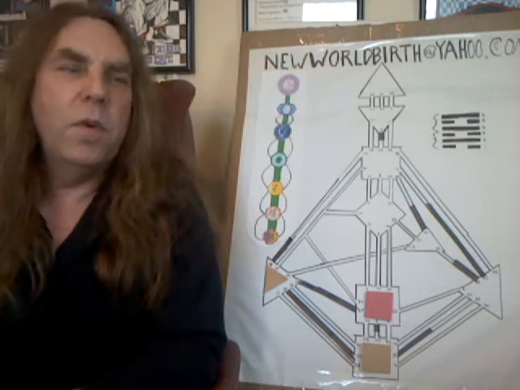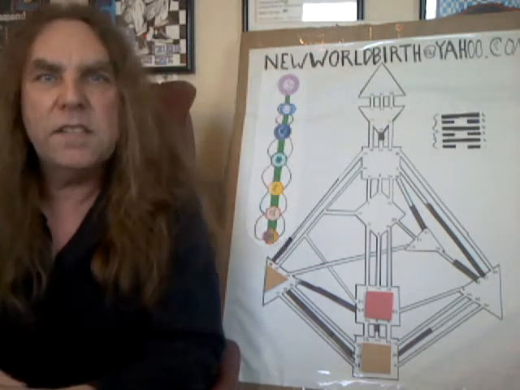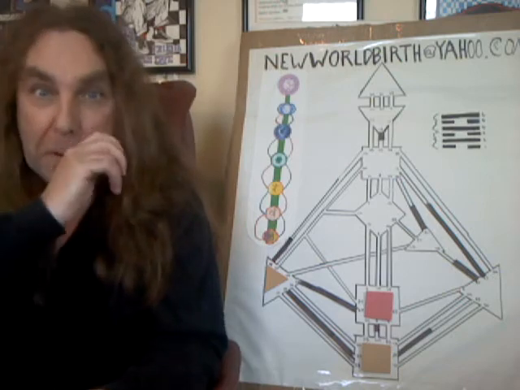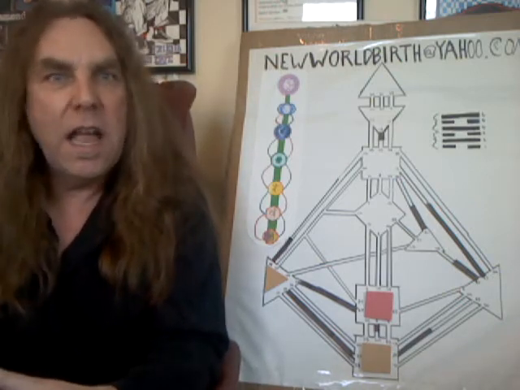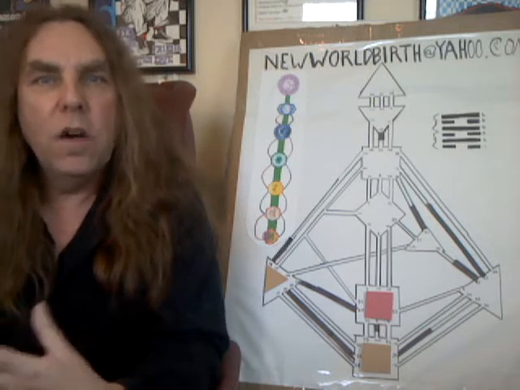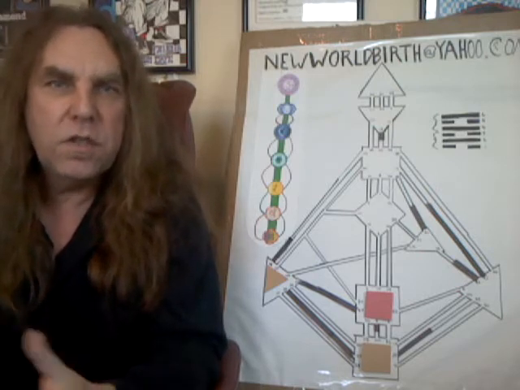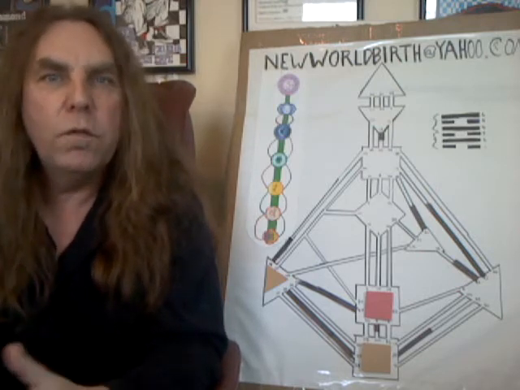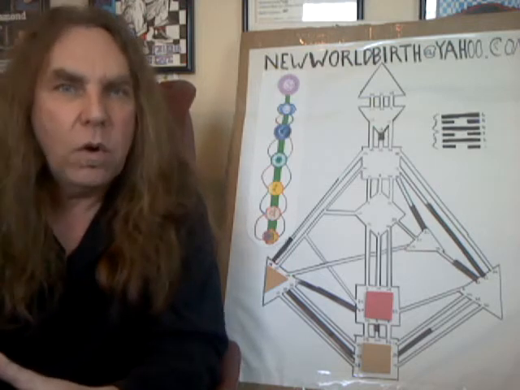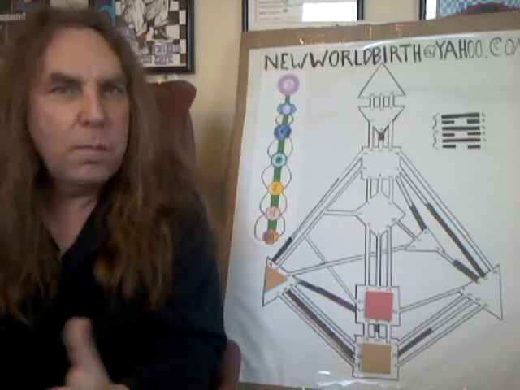And like we were talking about before, the sixth line, we're at the roof of the hexagram, it's kind of looking beyond what's coming next. So again, people could be kind of caught up in looking at what's next, what's in the future, what happens next, and maybe not so much in what's happening now. So just being aware of that, you might be a little more cautious just to make sure that people are aware of you and where you are in the now, so that you don't get crashed into or bumped into or anything like that.